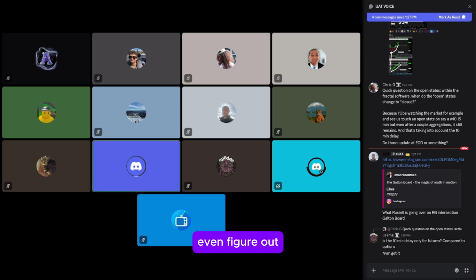I can't even figure out where to mark stuff. I feel like trading, for me, needs to be real simple. I just need to see the stuff over on the right. I just need to see some open states. It needs to be static. Here, the imprints are static. Once they're carved out because of that counter trend, they don't change.